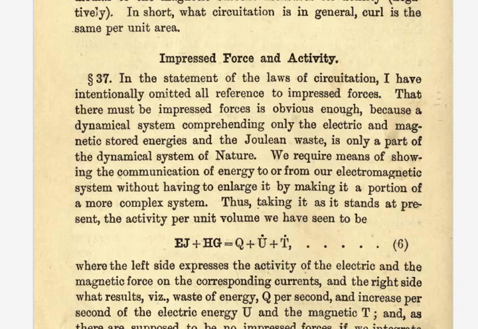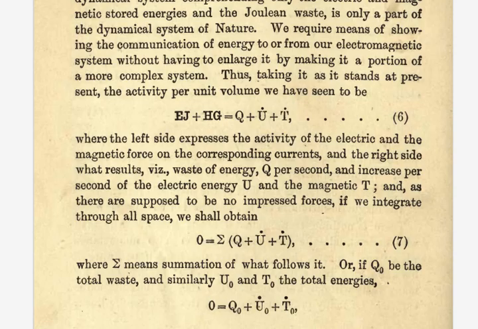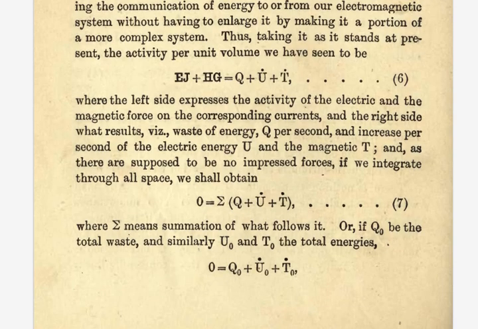We require means of showing the communication of energy to or from our electromagnetic system without having to enlarge it by making it a portion of a more complex system. Thus, taking it as it stands at present, the activity per unit volume we have seen to be Ej plus Hg equals Q plus U dot plus T dot, where the left side expresses the activity of the electric and the magnetic force on the corresponding currents, and the right side what results, viz., waste of energy, Q per second,